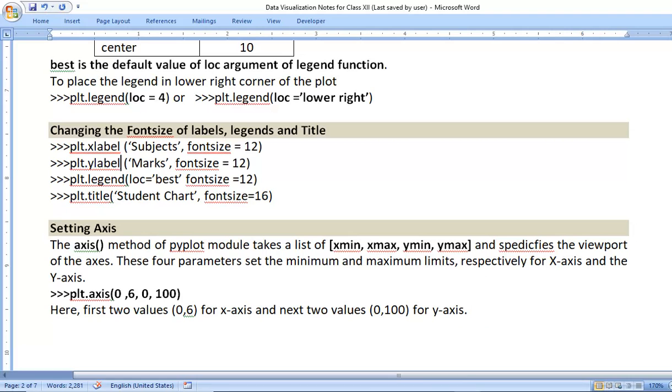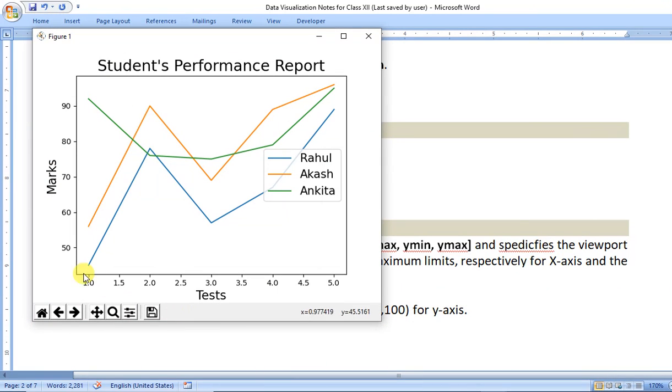Okay, now move to the next, setting axis. Setting axis means here automatically this scale is assumed by Python. So if you want to set your scale, suppose I want to set 0 to 100 here, and 1 to 5 here, we can set the axis.